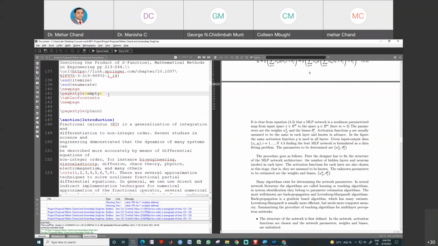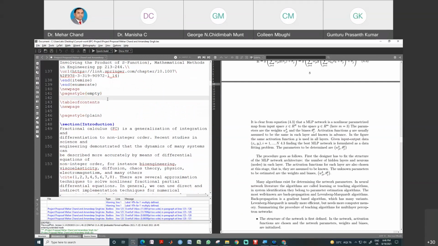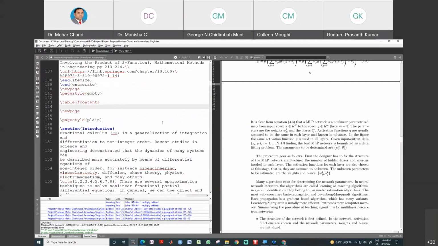Sir, yes please. I have a doubt. Yes please, put your question. Sir, should we include the figure in the same folder? Yes. Yes, you can insert the figure.